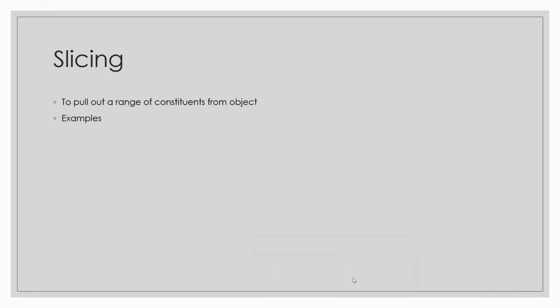Slicing refers to extracting out constituents from an index to another index. For example, begin to finish, and begin to finish to pace. If begin is not there, it is considered to be 0. If finish is not there, it is considered the length of the array. And if pace is not mentioned, it is considered 1. Let's do an example in Python.